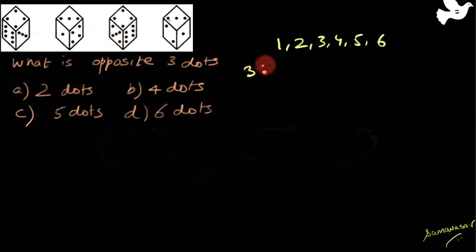So I'm trying to find out opposite to 3. From this view, I know that 4 and 6 cannot be opposite to 3 because I can see them in this cube. So it's not 4, it's not 6. From this, I know it's not 1 and 4. 4 I've already crossed out. Opposite to 3 is not 1 because I can see them, so they are adjacent. I don't have 3 here, so let me leave this out. Let me go to this. With 3, I can see 1 and 2. 1 I've already struck out, so 2 cannot be opposite to 3. 3 obviously cannot be opposite to 3. So what I have left is 5. So the number opposite to 3 dots is 5 dots. So just by using the elimination technique, you can solve the questions.